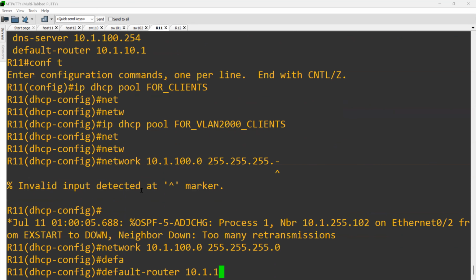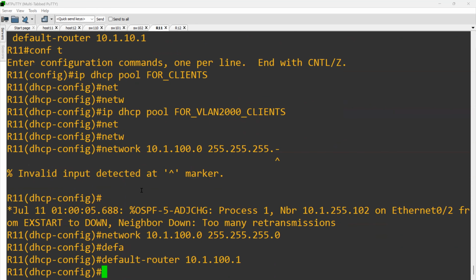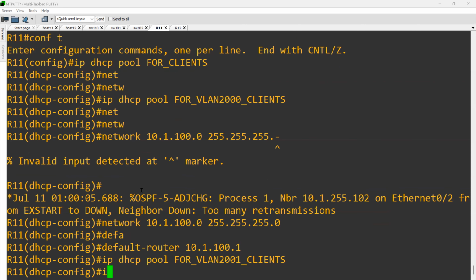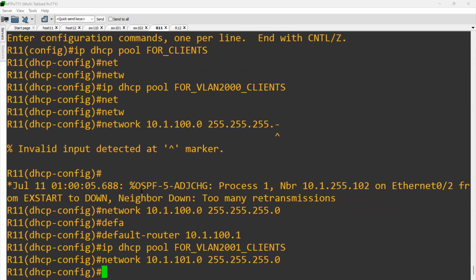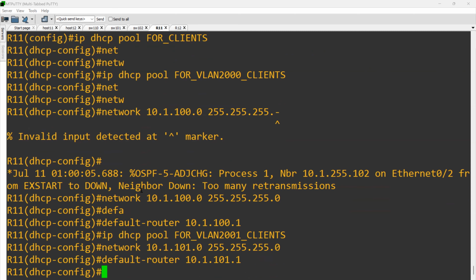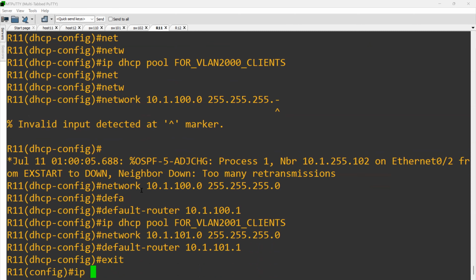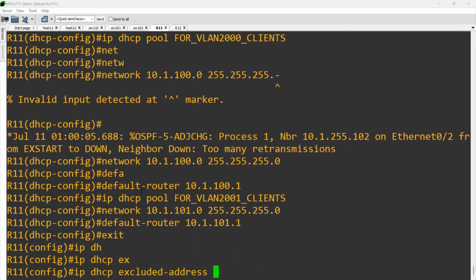We know the HSRP gateway default is this. Then I'll create one other pool for 2001, where we have the network is this, and the default router like this. Then let me go out from this, ip dhcp excluded-address